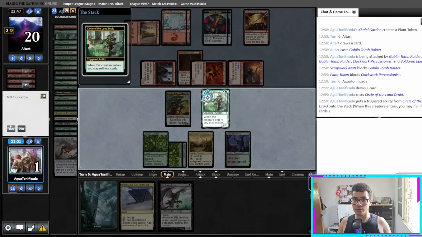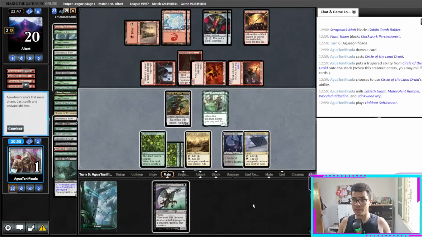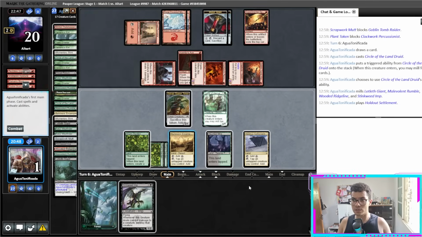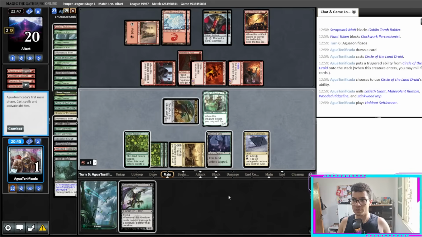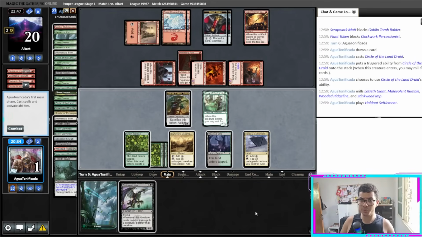So play the Land Druid, mill 4, any order, play a land. Ooh, I guess it's not a guarantee, right? So tap, tap. Okay, so wait. If I play the Imp, it's not a guarantee that I can kill my opponent. Scrapwork Mutt is gonna be pretty close, but it's still not a...